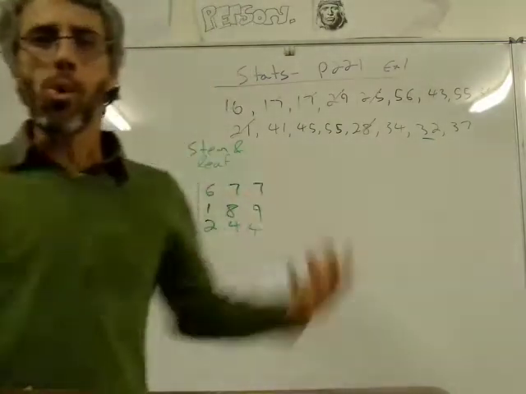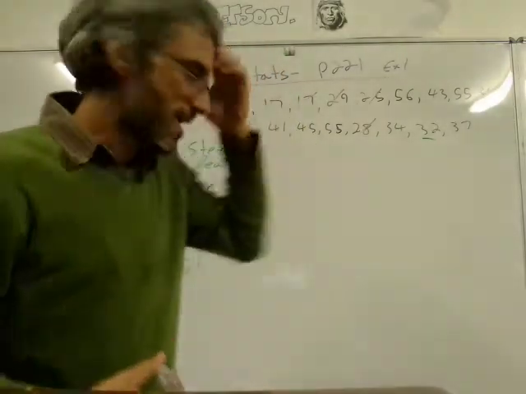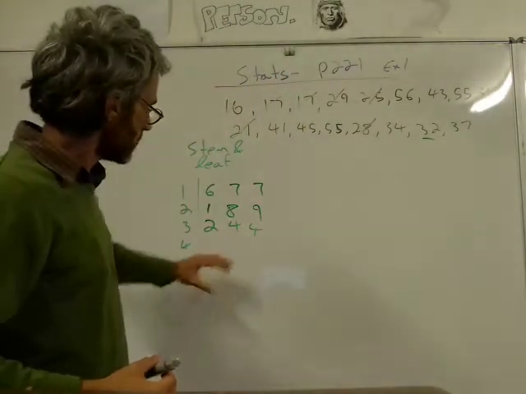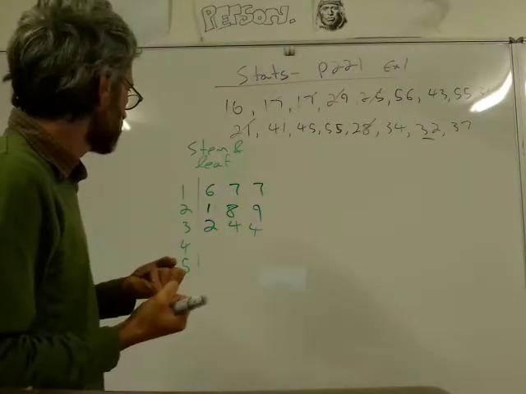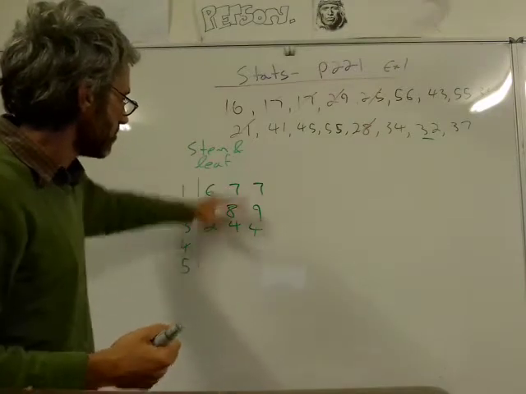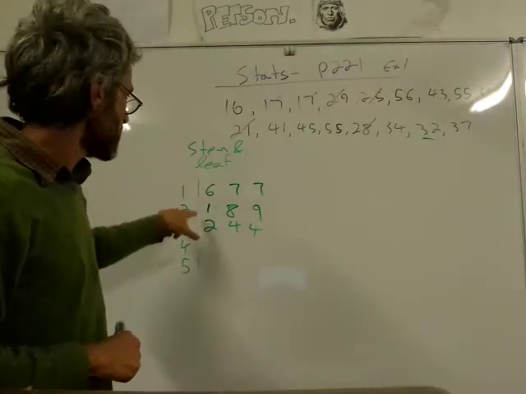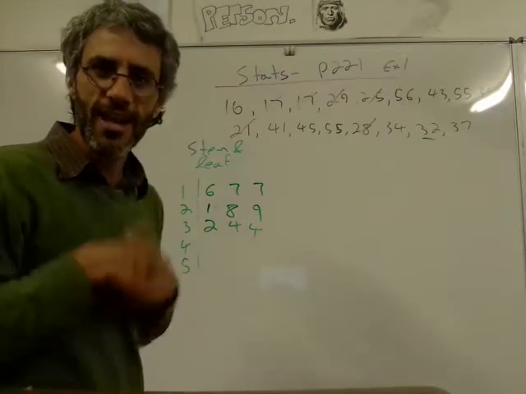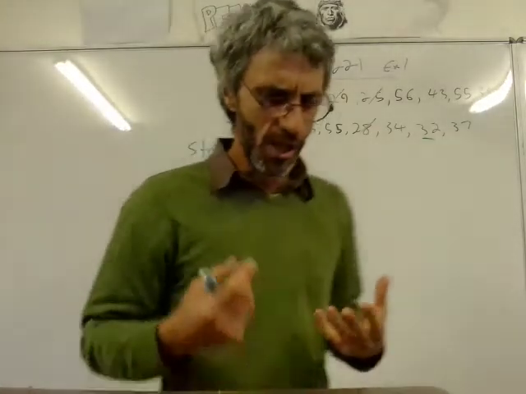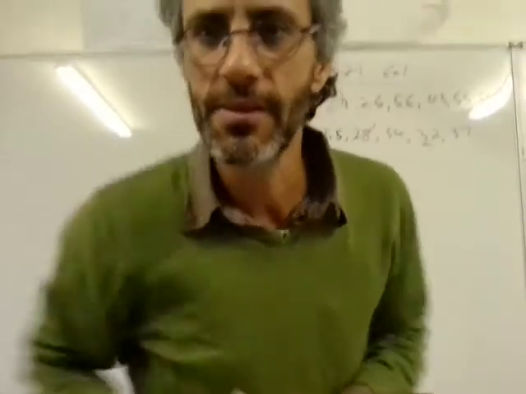What is useful about the stem and leaf is that eventually I can start seeing which age group has the highest weight. Right now they all seem to be equal. I've got 3 in their teens, 3 in the 20s, and 3 in their 30s. That's about stem and leaf. I'll just pause you for a second.